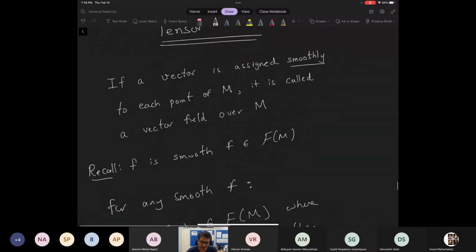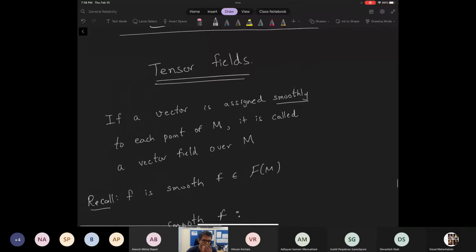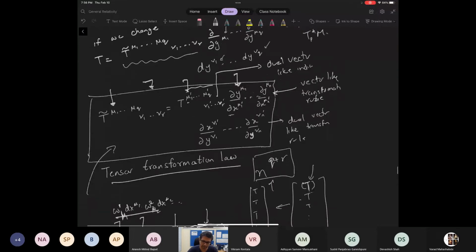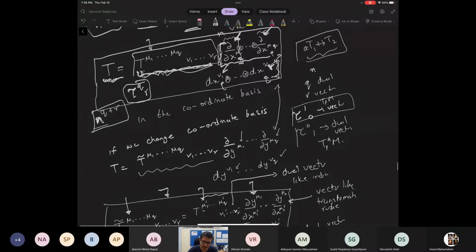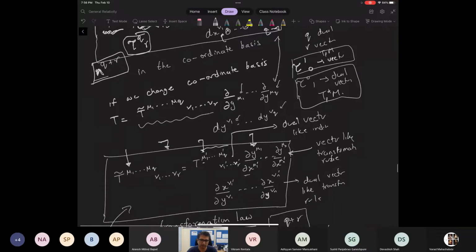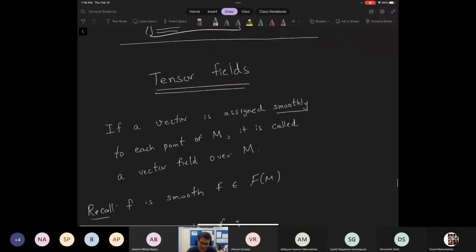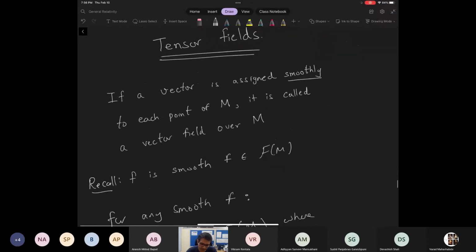So now we'll define the notion of fields. Now that we have this general idea of a tensor, of course, vectors and dual vectors are just specific examples of tensors. Where Q is 1 and R is 0, you get vectors. If Q is 0 and R is 1, you get dual vectors. So now what we say is,